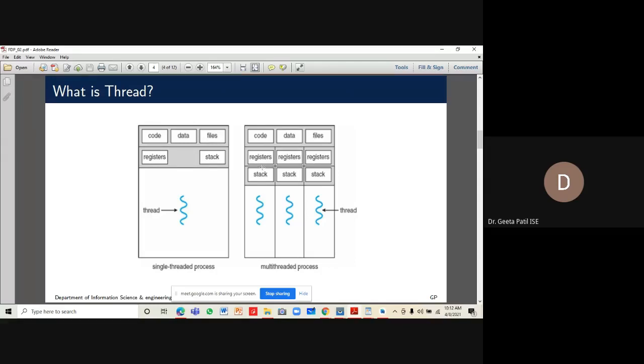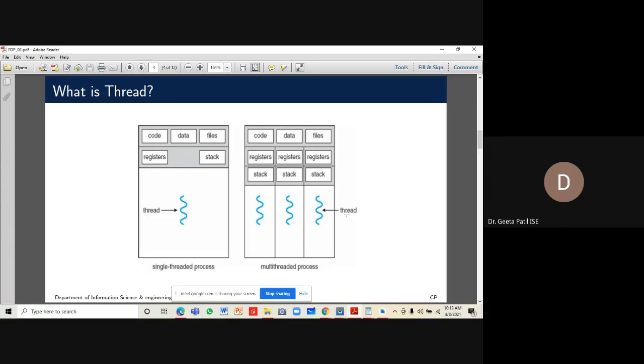What is different is the status of the processor, which is made up of registers, stack, and other parameters which are required when the thread is actually executing. When it is in running state, whatever parameters are required are the only resources which belong to the individual thread. So when a new thread is created, the resource requirement of that thread is less, and hence we say that a thread is a lightweight process.